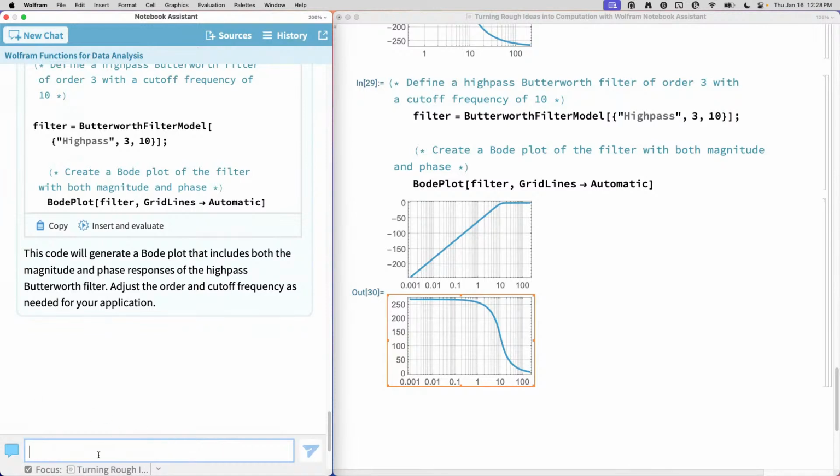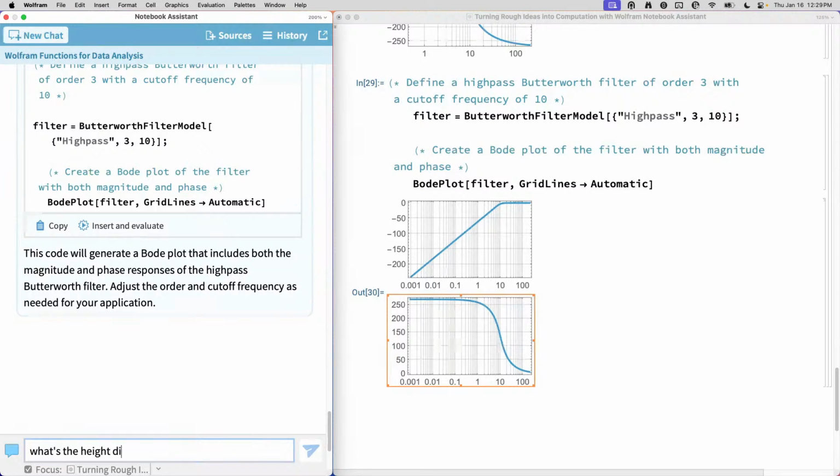So in here, something that's special is that through the access to our Entity Framework, the Notebook Assistant is able to have access to actual hand-curated data. We have a team here at Wolfram that actually takes this stuff by hand and is updating the Entity Framework with this. It's not something that we scrape from the internet randomly. It's not something that's baked into the training data. It's something that we actually have in our own hand-curated framework database. So it's useful to know about this. So we could ask questions like,